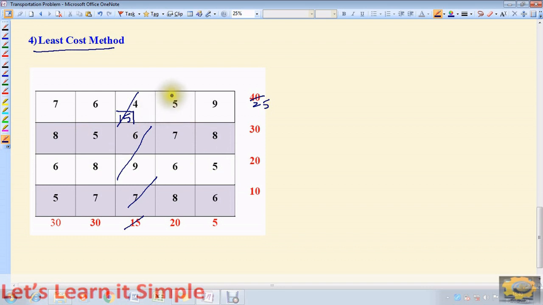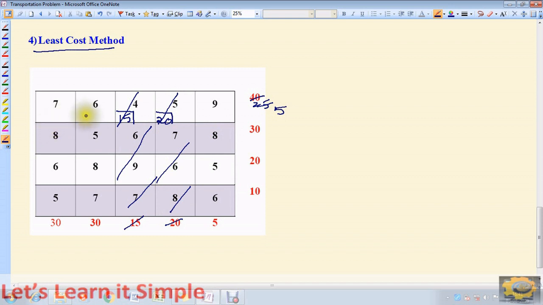Once again I am saying, by least cost method, if two similar values occur in two different cells, there is no specific rule to break that tie. So let us take this. Now I am going to compare the corresponding value in the column as 20, corresponding value in that row 25, which means I can allocate 20. So this results in vanishing the fourth column, and this will become 5.